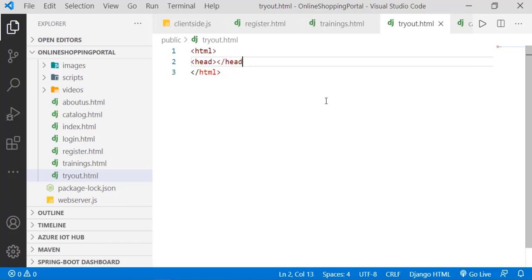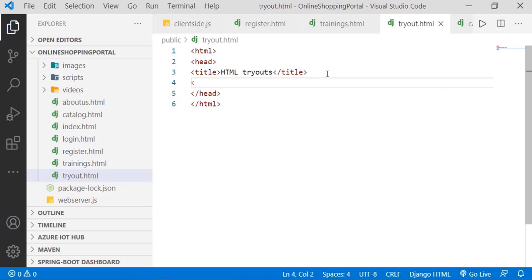We can define the title. Title is an HTML element available which defines what title you would like to specify. You can write something simple here, HTML tryouts, and try to see where this information will display. You can also use some other thing like script, no? For the script, you can define type. Yesterday we tried, no? Type equal to, you remember? text/javascript, and then we use one attribute called src, and you may link some file from your script